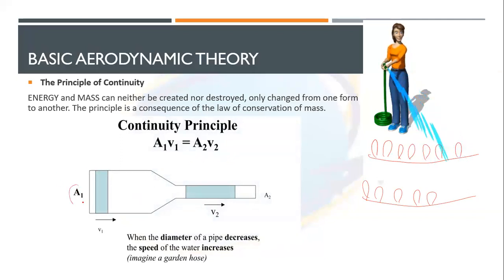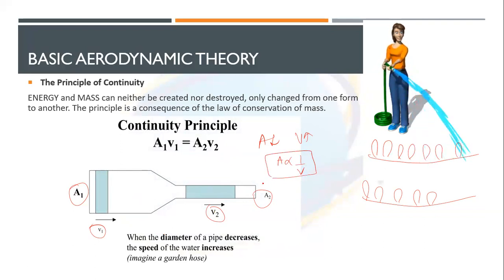Now, if you see, area and velocity are very, very related. If you reduce the area, we see that the velocity increases and vice versa. So I can say they are inversely proportional. एक बढ़ेगा तो दूसरा घटेगा. Now when we say that, we can make it an equation: rho A V is constant. We need a constant, so that is why we introduce rho. Rho you already know, rho is density.